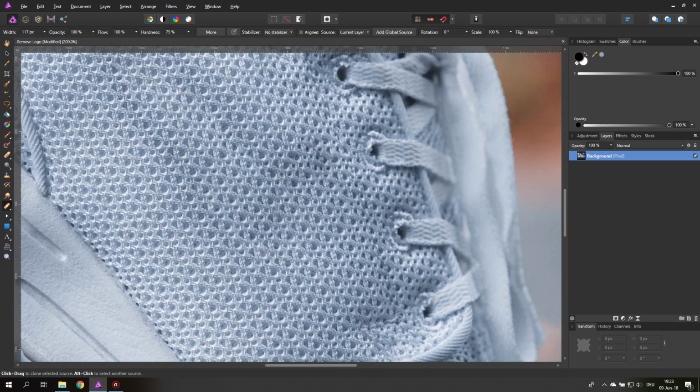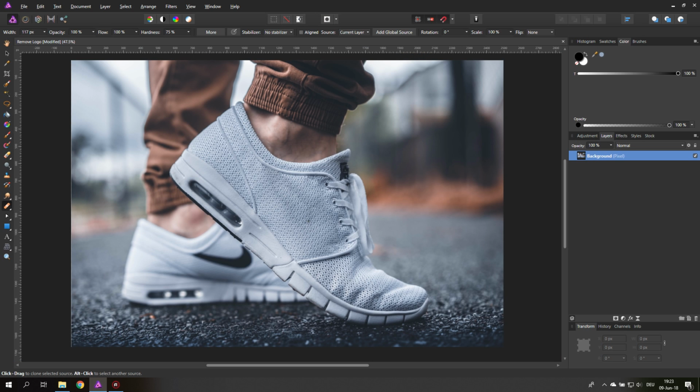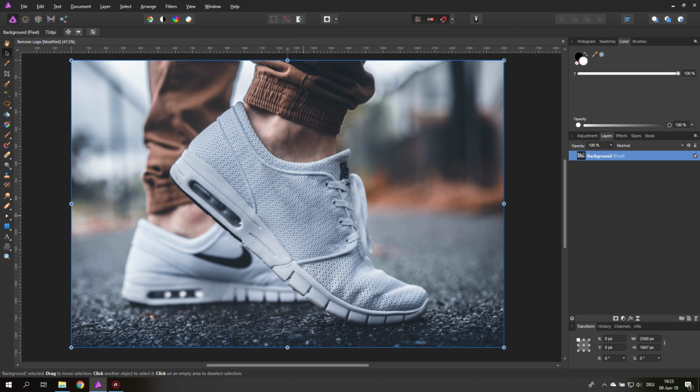Could do the same thing up here maybe. Let's select this part and see if this looks better. There we go. Let's zoom out, and that looks pretty good. So we have removed the logo here, and now we can go to the logo in the back,